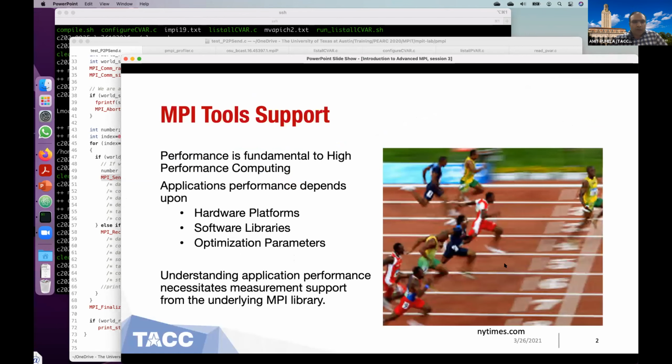So, MPI tool support. As we know, in HPC applications, as the name suggests, high performance computing applications, performance is the major concern. A variety of applications based on distributed programming depend for their performance not only on the hardware, but also on the software libraries, as well as the tuning parameters supported by those communication libraries.